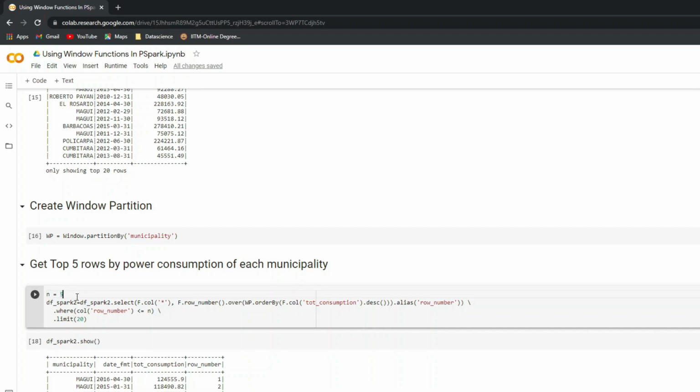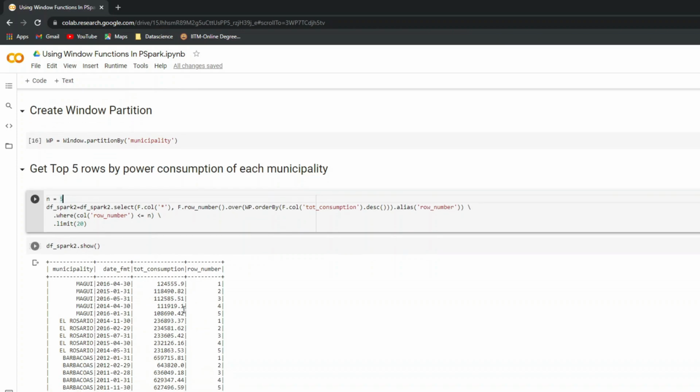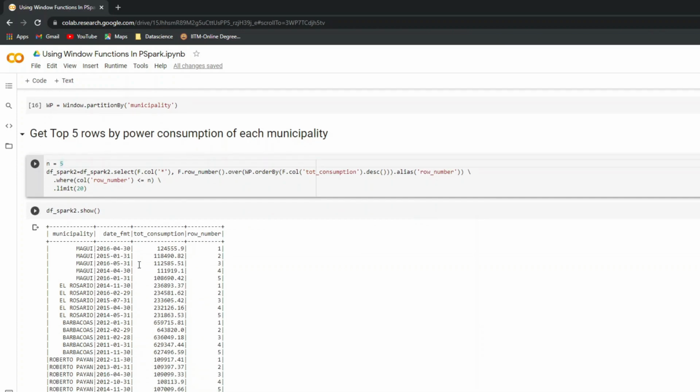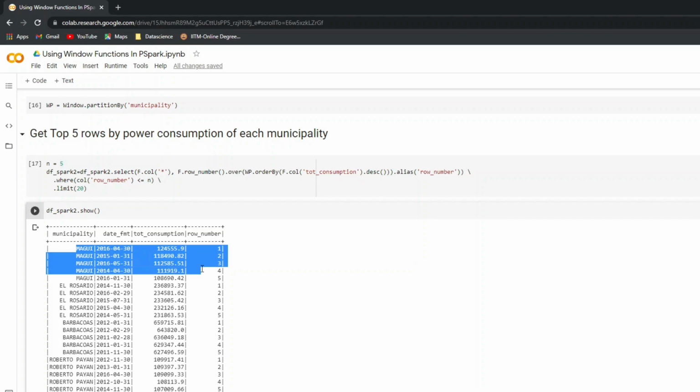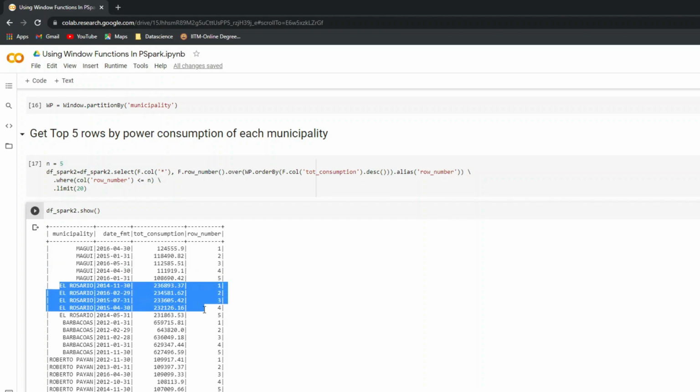If you want to take the top 10, you can change this number from 5 to 10. So you can see you have the top 5 rows for each municipality. So this is 5 and this is 5. What you have done here is given a row number 1, 2, 3, 4, 5 by municipality.